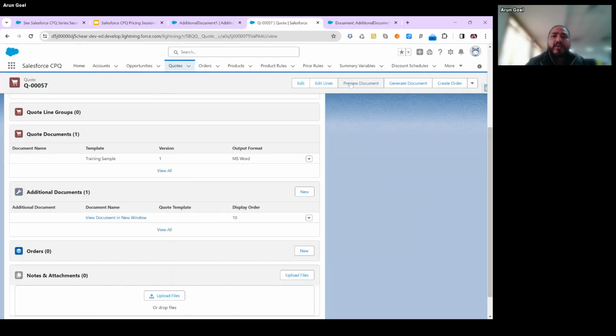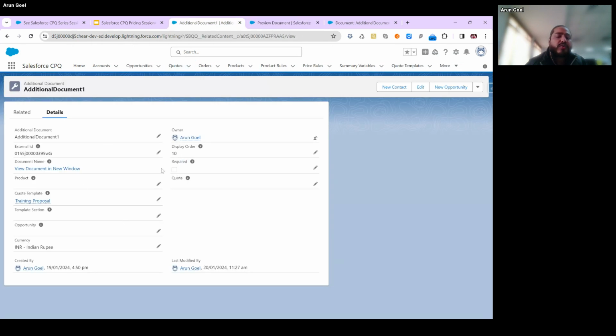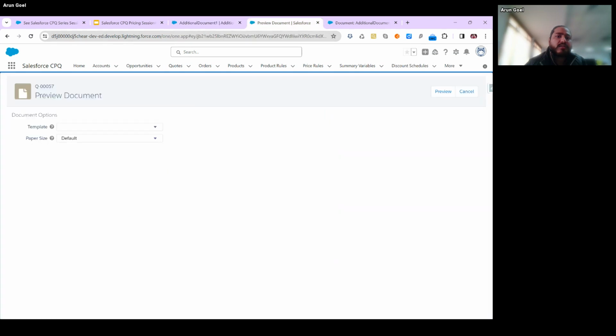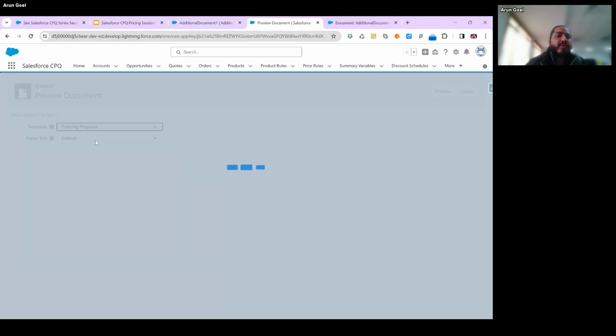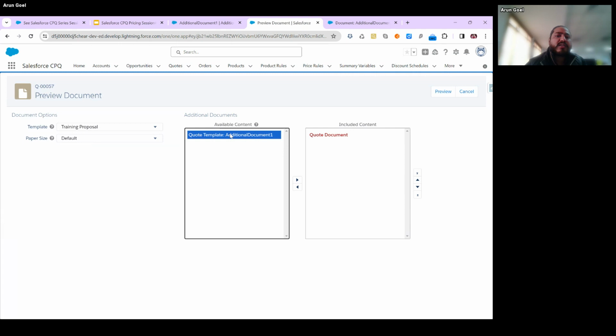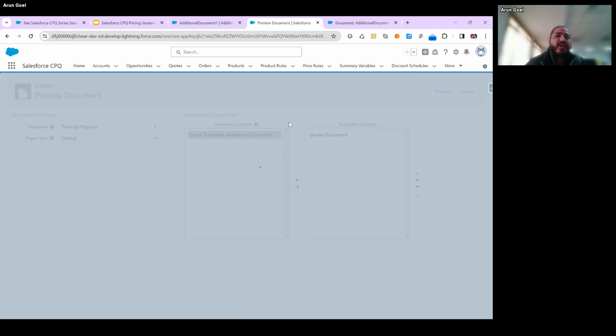So let me click on the preview document now. If you realize, I've unchecked the checkbox required. Let me again select this training proposal. You can see now it is coming on the left hand side. Earlier it was coming on the right hand side by default because we had kept it as required, so I was not able to remove it. If I preview this,